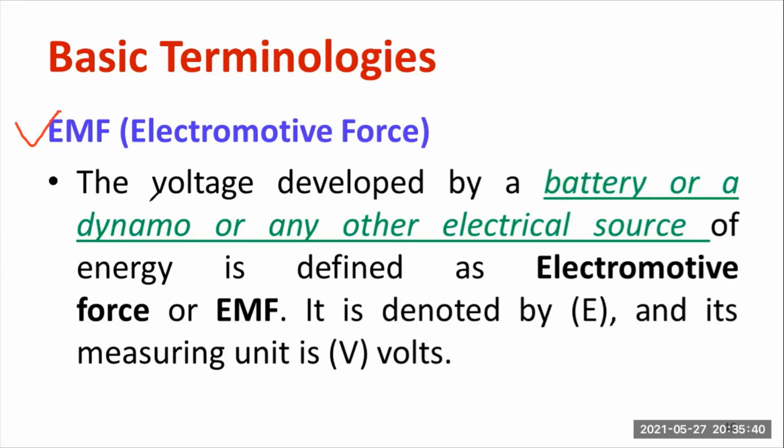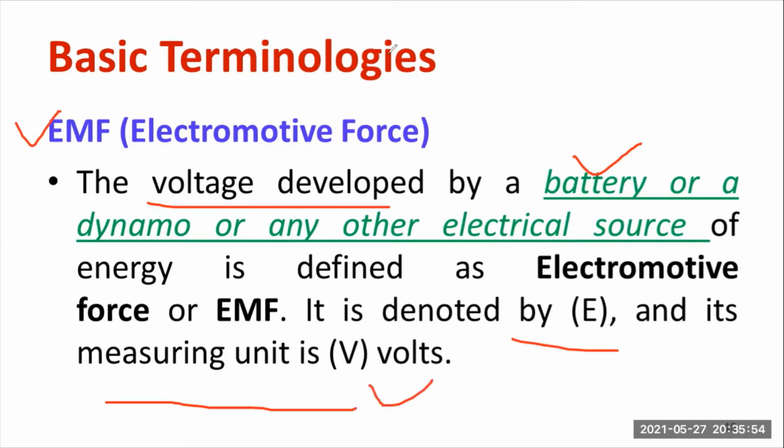What is electromotive force? It is actually the voltage developed by either a battery or a dynamo or a DC generator. That is called EMF. It is similar to voltage, and the unit is volt. This is considered when we are not connecting any kind of load, like an open circuit voltage. So there is a battery, but we are not connecting it to the load. How much potential can be offered by the source? That is represented by EMF, electromotive force.